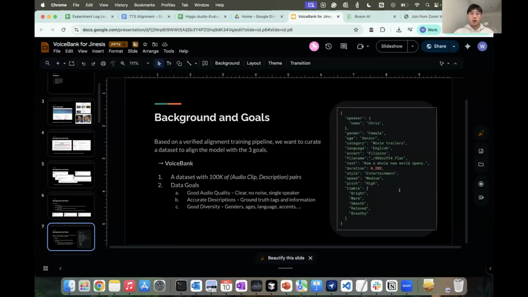The third and most important one is good diversity. We want the audio clips to cover all genders, ages, languages, and accents, which helps the model be more robust and reduces out-of-distribution situations. That's the goal for the dataset.